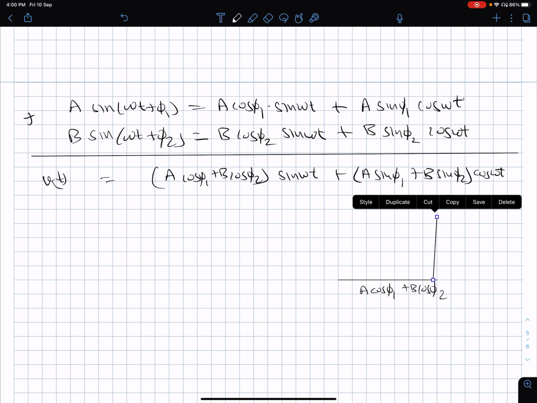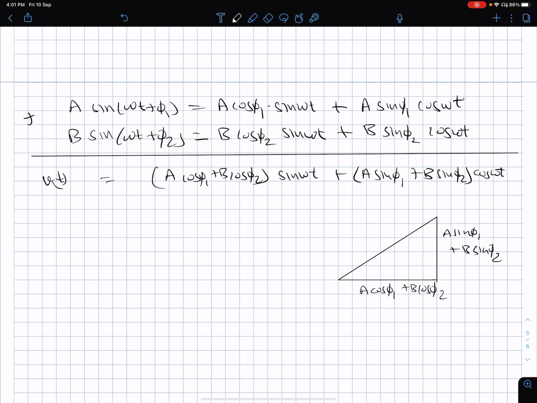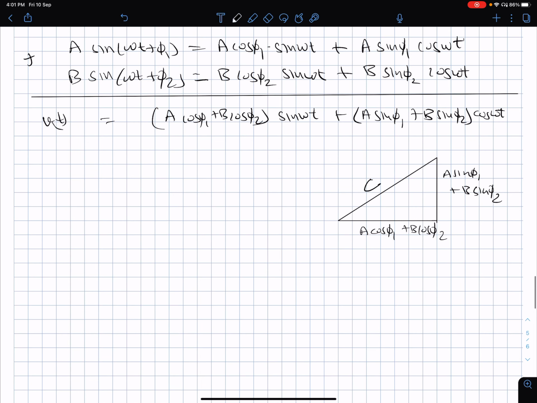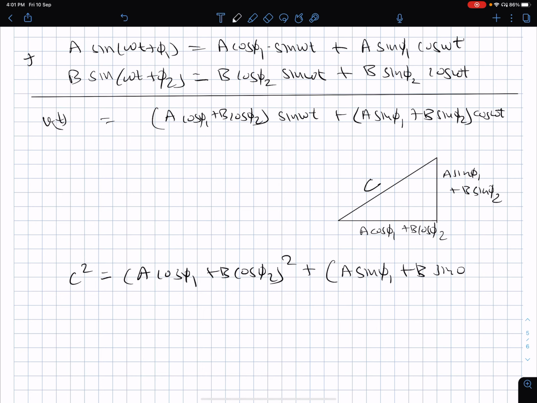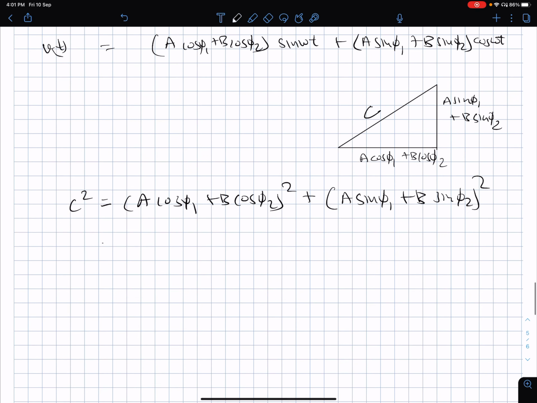This side is A sine phi 1 plus B sine phi 2, and this is the resultant C. The resultant C squared can be given as A cos phi 1 plus B cos phi 2 whole square plus A sine phi 1 plus B sine phi 2 whole square,